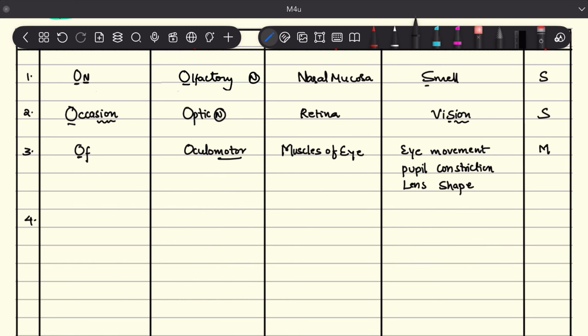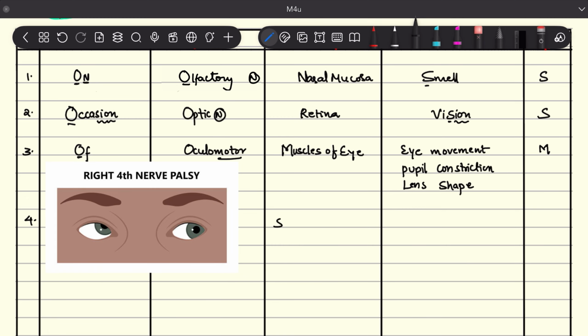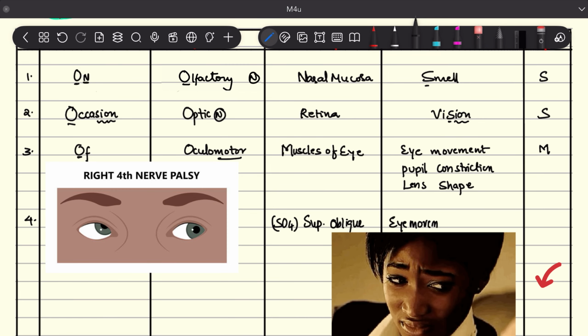T in the treat denotes the trochlear cranial nerve. It supplies the superior oblique muscle. Its function is eye movement, which is down and lateral. It is a motor type of cranial nerve, and we also have the mnemonic SO4, meaning superior oblique is supplied by the fourth cranial nerve, which is the trochlear nerve,